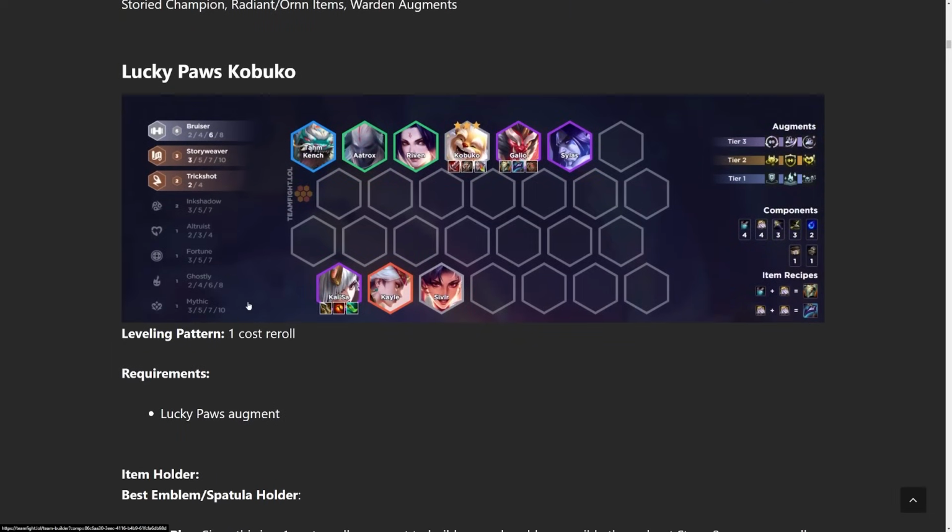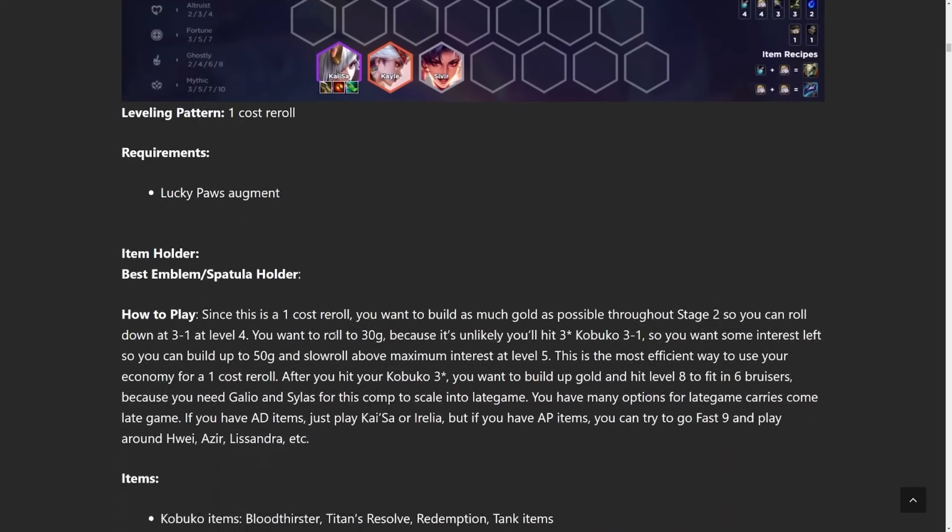Next one up we have is Kobuko Lucky Claws. Play it the same exact way as you do Garen, except you do it with Kobuko and you do it with Bruisers instead of Warden, right? Not too hard on these first 2, so I'll spare you the details on these, but if you do want more details,